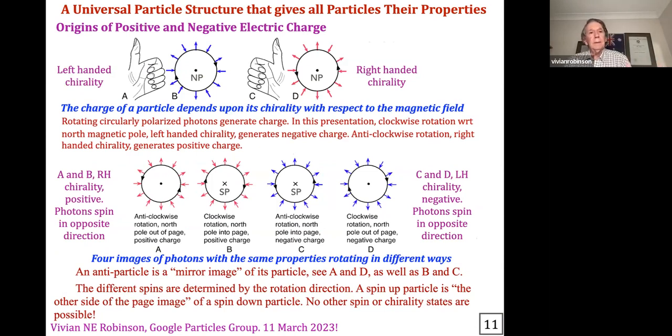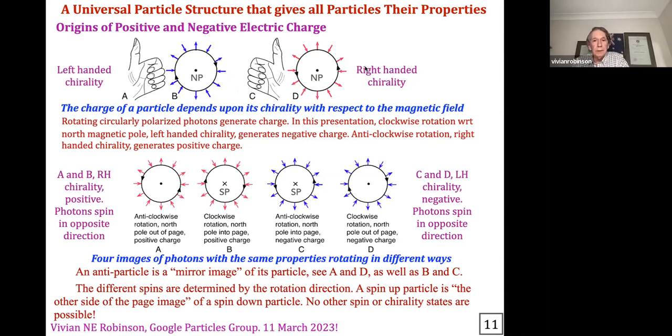If you have left-handed chirality, as shown here, the North Pole points out of the page, the photon rotates clockwise, and I'm suggesting that is negatively charged. On the other hand, right-handed polarity gives the North Pole pointing out, the photon rotates anti-clockwise,